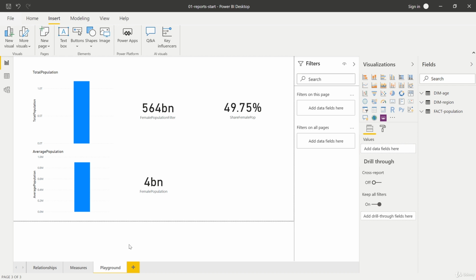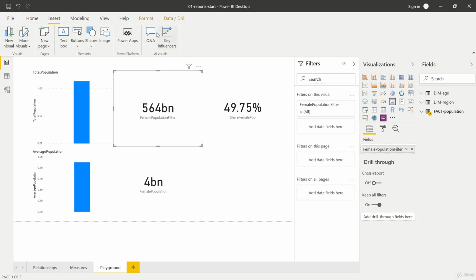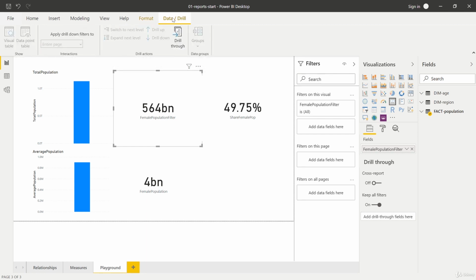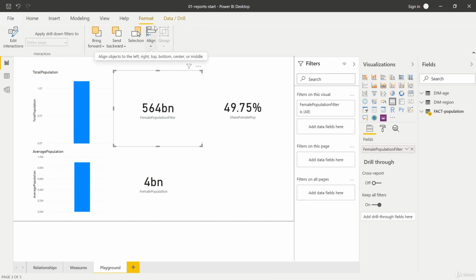By the way, deleting will work by either selecting this X symbol here or by right-clicking it again and pressing Delete Page. However, in here we can see that we have some visuals already. And if you look at the ribbons up here, if we select a visual, you see 2 additional ribbons are displayed, Format and Data Drill. Data Drill is a bit more advanced as it allows you to add additional features to an existing visual. It will be covered in the next lectures, but let's skip this at this point. Format allows you to change the way the visual is displayed here on the page.